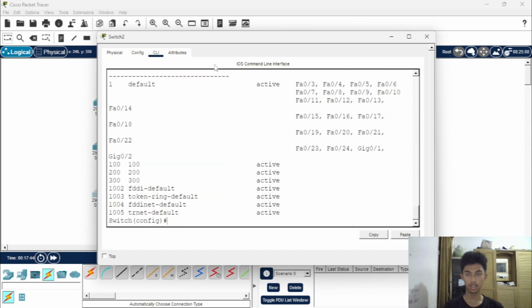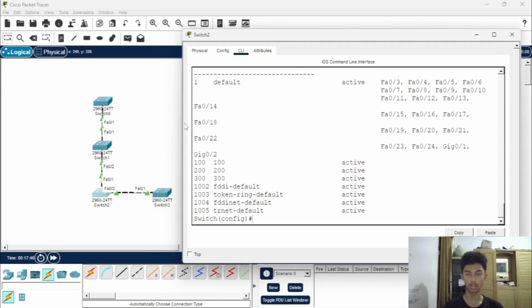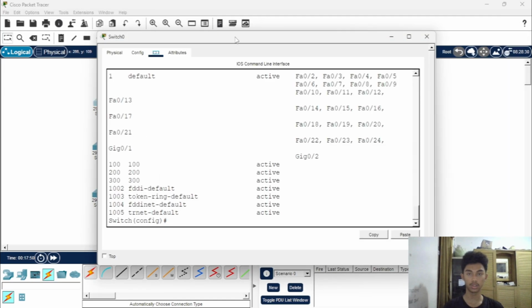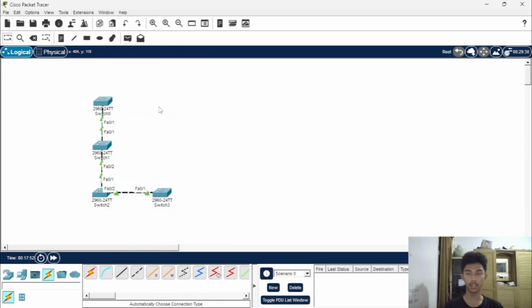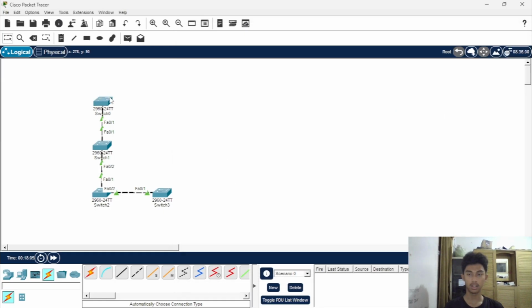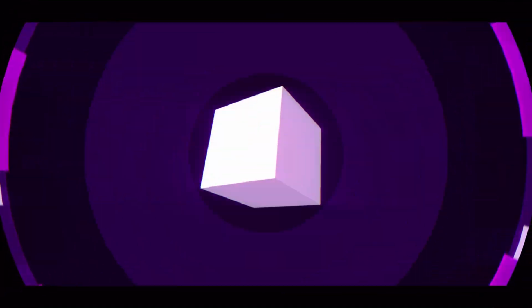Okay, the client mode has the information from the server because in VTP the server switch can give information to the switches in client mode. Okay, and then we are done configuring VTP. Thank you for watching.